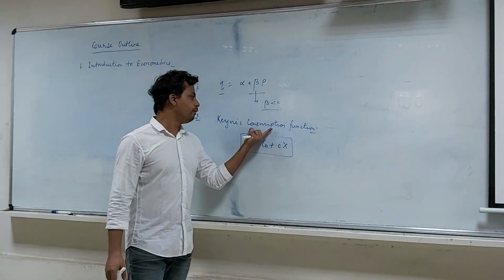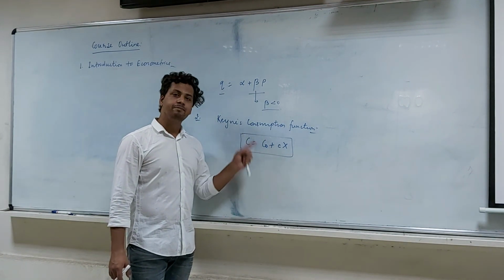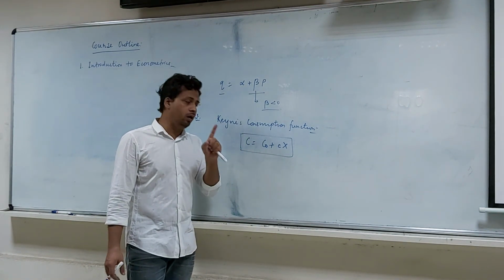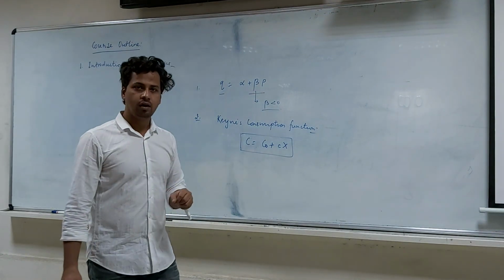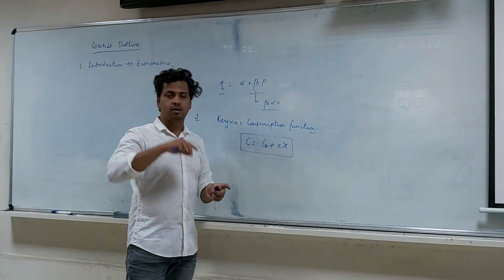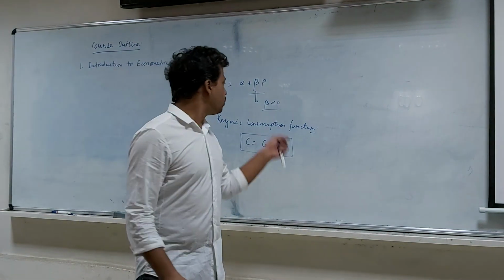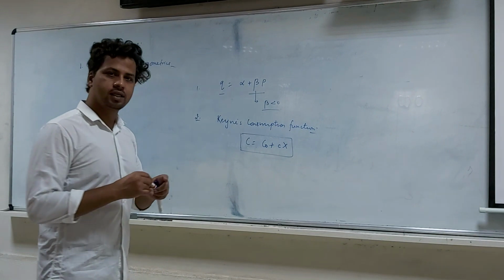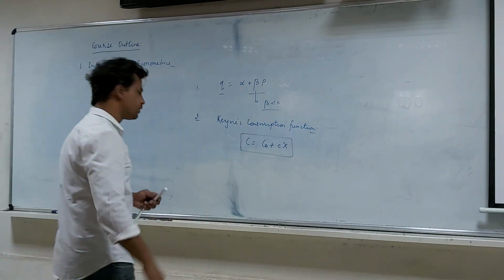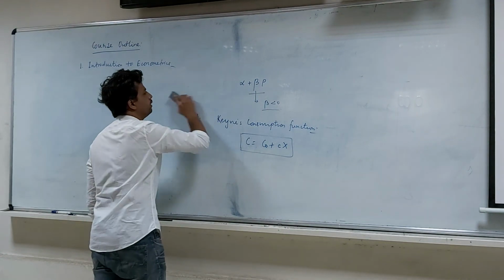So for any statistical analysis to be made over here, I must first have a mathematical formulation through which we try to establish a cause and effect relationship amongst the variables. So this is precisely an introduction to econometrics. How do we take this understanding forward? Let us move ahead.